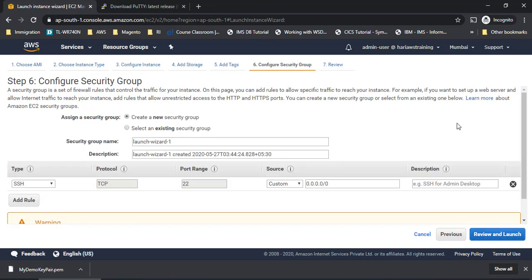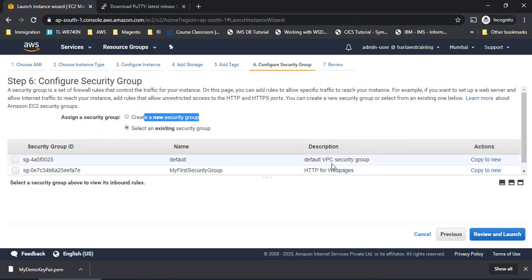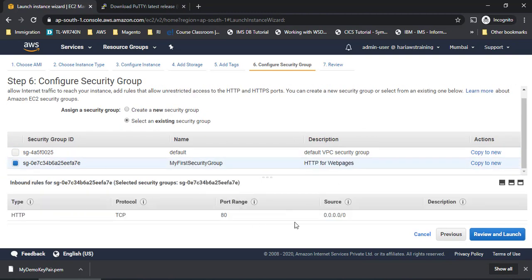In the last session we have understood how to create a security group, what are inbound rules, what are outbound rules, right? And we have also created a security group. So you can create a security group of your own here. By default it says SSH. This is also required for us because we have to access a Linux machine. So SSH is very important. Currently I have only one security group which says HTTP. So I'll click on this, but I can add multiple security groups.